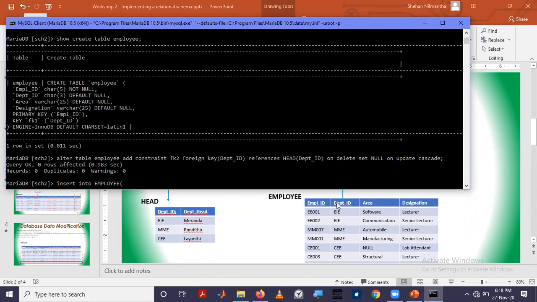Then what are the values that you are going to insert? Remember that if you do not insert null, you keep that one vacant, and it will be automatically set to null. Don't ever insert null. You will not insert null, but it will be automatically set to null.